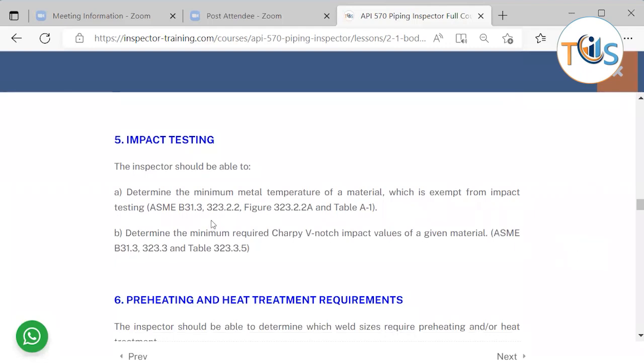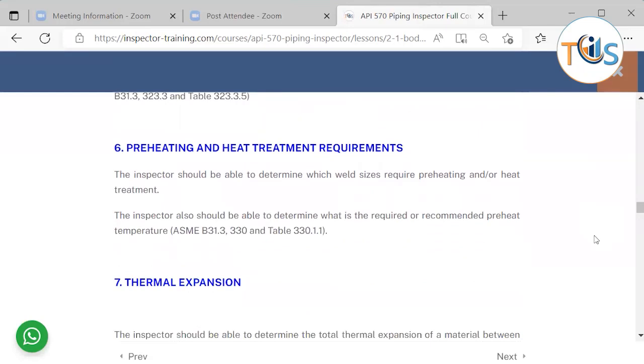Impact testing, again, there are tables, so it tells you whether you need impact testing. These tables are based on the material and thickness and operating temperature, and normally you need a set of 3 Charpy V-notch tests. And also the minimum required, you can go to table 323 for a particular material that you should have. We have explained all this in the relevant section, as well as during the mock exam we put practice questions. Preheating and heat treatment requirements,